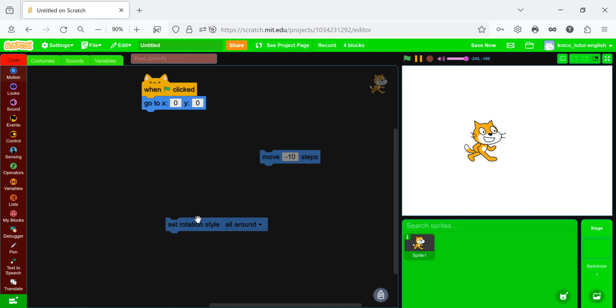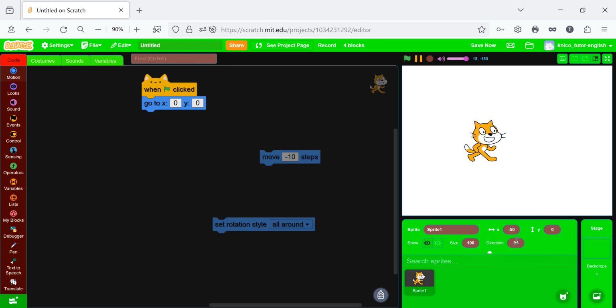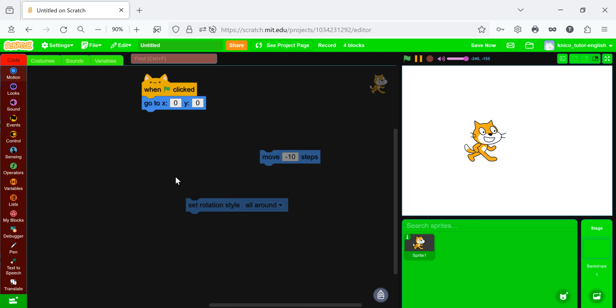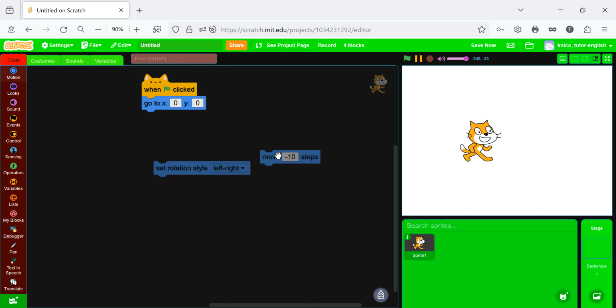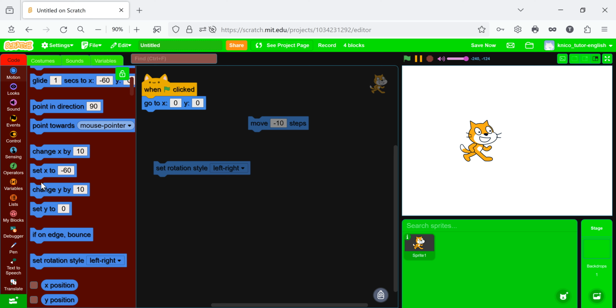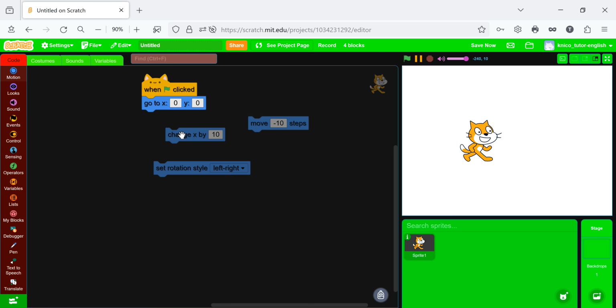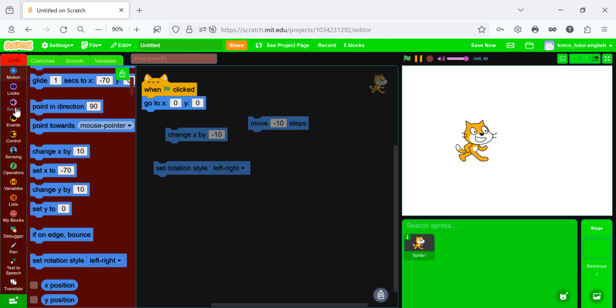I don't know why now it isn't the case, but we could fix that with this set rotation style block. Now, when I set it to left and right, and then change X by 10, it looks right, but when I change X by negative 10